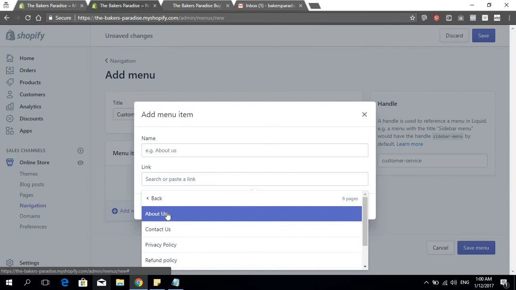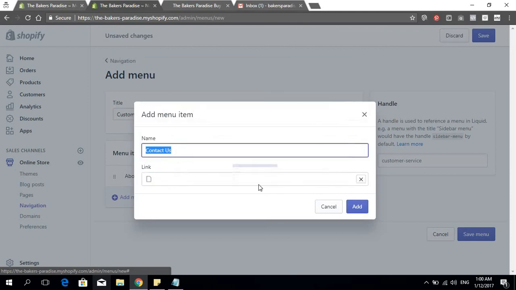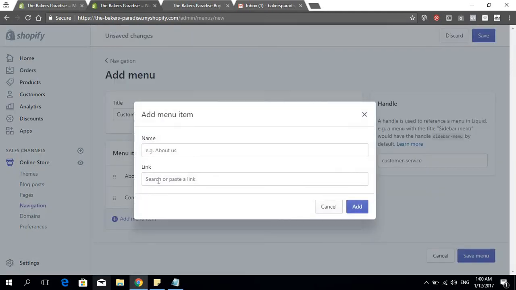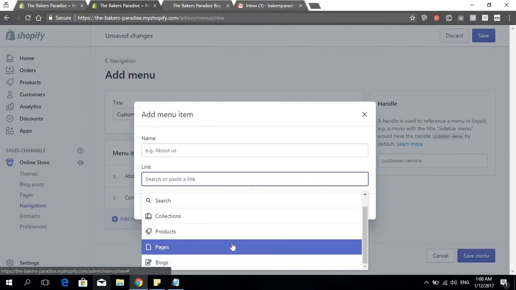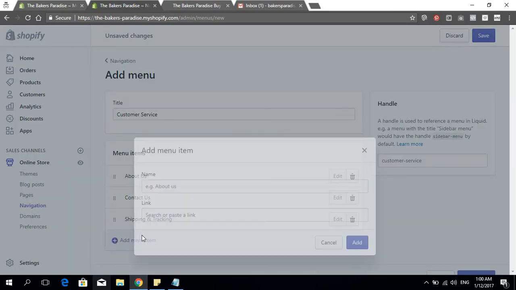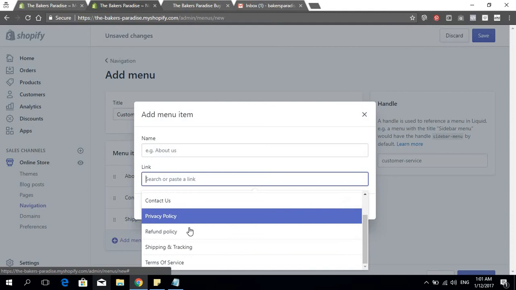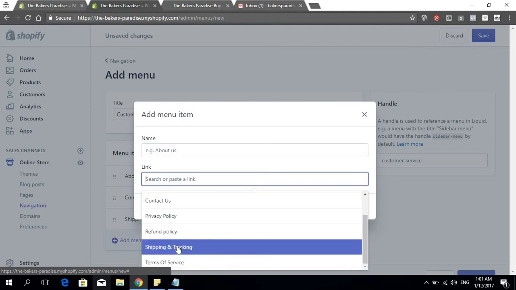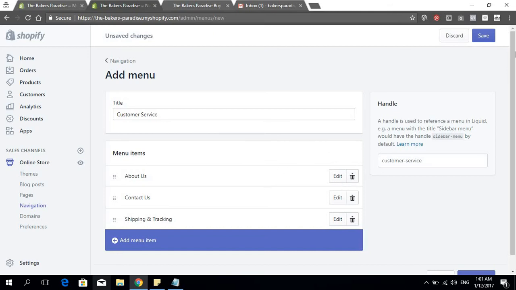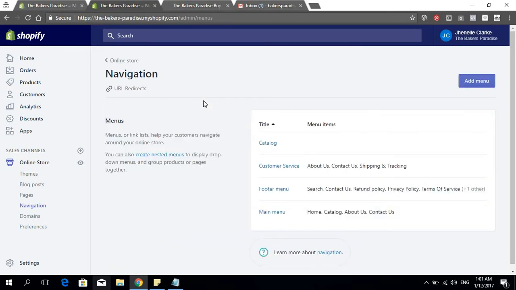and add the about us, add contact us, add pages, add shipping and tracking, we'll add the return page as well, see if there's any other one we should have. Those three are okay for now. So that's our customer service menu, just in case we decide to,